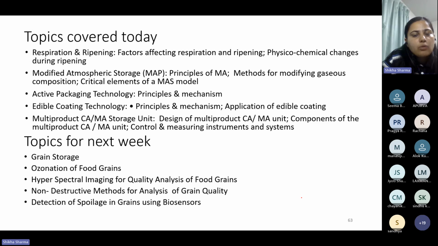Then we discussed active packaging, its principle and mechanism, and edible coating mainly. We discussed panning, and CA and MA storage units and their design,